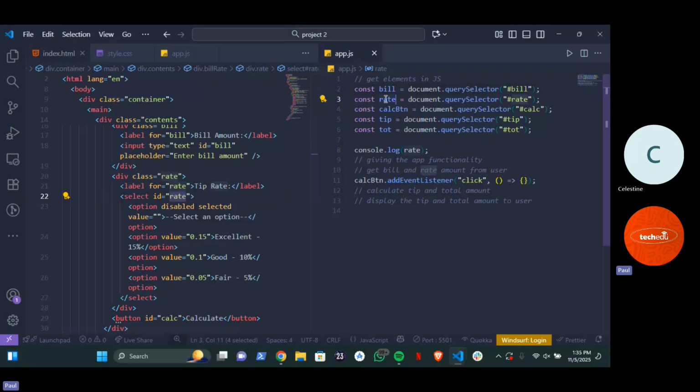What exactly is the user going to write? Exactly. So it's only what? Rate dot value, bill dot value. Again, the whole rate is an object. The whole bill is an object. How do you get properties of objects? I explained it before when we were doing objects. We were doing first name, last name. How did you get the properties of first name? The object name dot